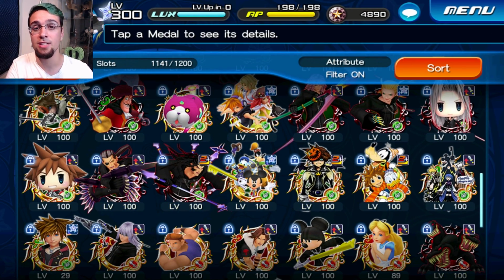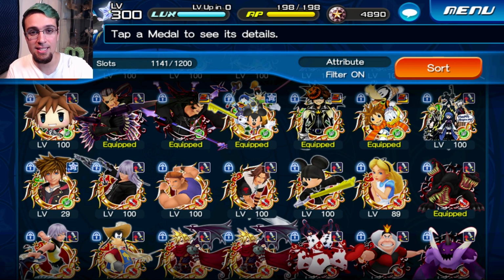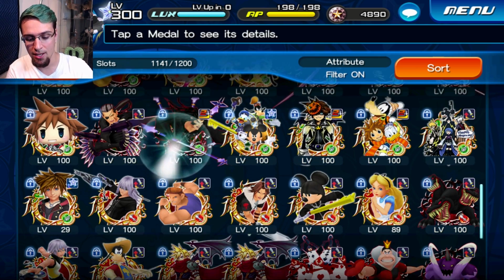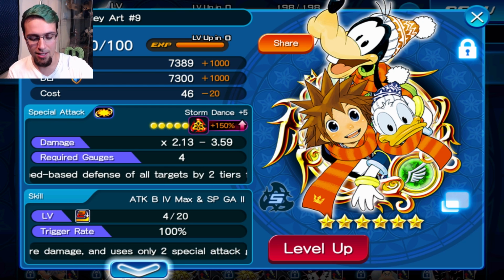My other choice for Attack Boost 4 Max, which is why I'm going to talk about the update in a second, I'm going to put on Axel EX because Axel EX, guys, is amazing. So once I guilt him, he's getting Attack Boost 4 Max. So that's 3 copies right there: Nominee, Beginnings, and Axel EX, because I know those 3 medals are going to be very good for a long time. As for my Attack Boost 4 Max and SP Gauge 2, it went on my Key Art 9,